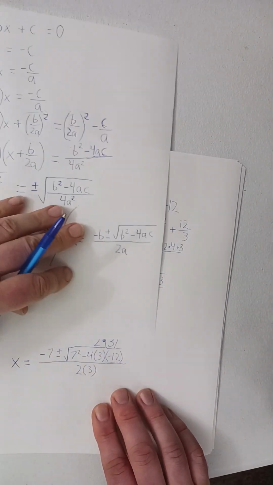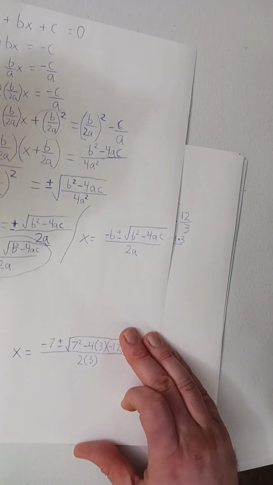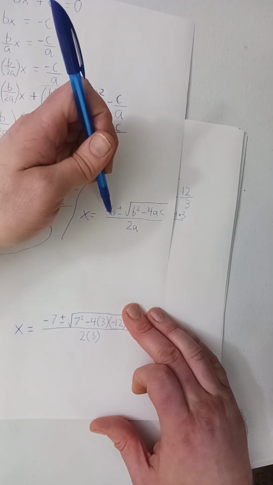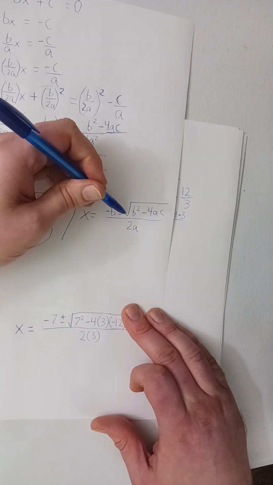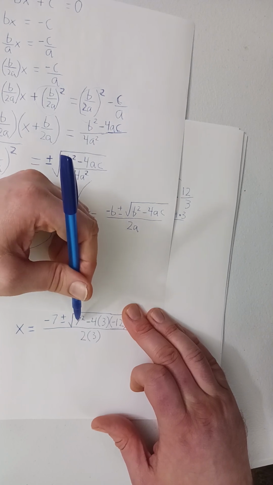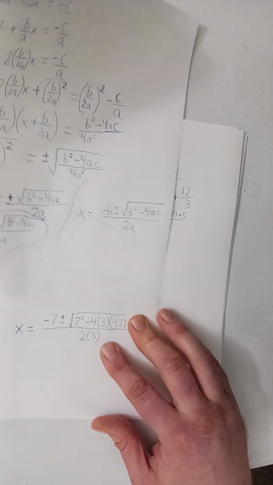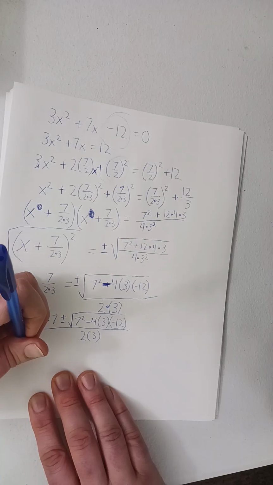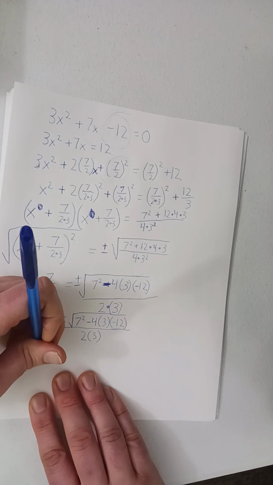So if we cover this up to make this a little less confusing right here, we have, you see this? Okay, good. Hopefully you can see this. Okay, negative B is negative 7 because it was 7. And then B squared is going to be 7 squared minus 4AC, like I showed you before. So now we can do the math on this, and so it's going to be 2 different answers, right? So we're going to have negative 7 plus or minus